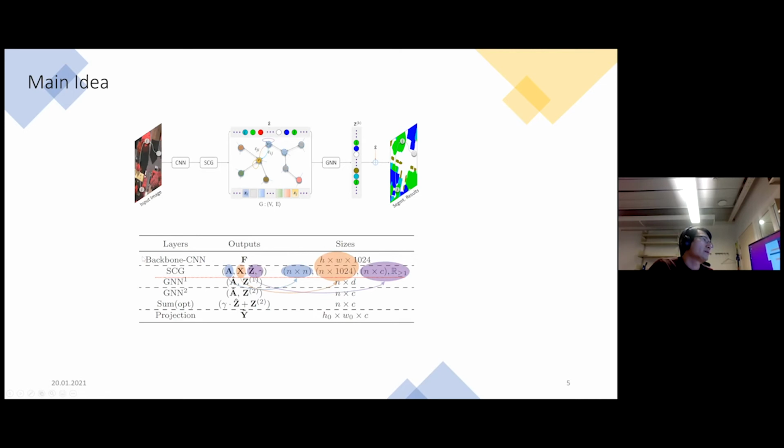So here we use traditional convolution backbones to generate the feature maps. Then we pass the feature maps, two different maps, to the SCG modules. Then the SCG module will automatically correct the adjustment matrix and some embedding and the embedding features with the residue